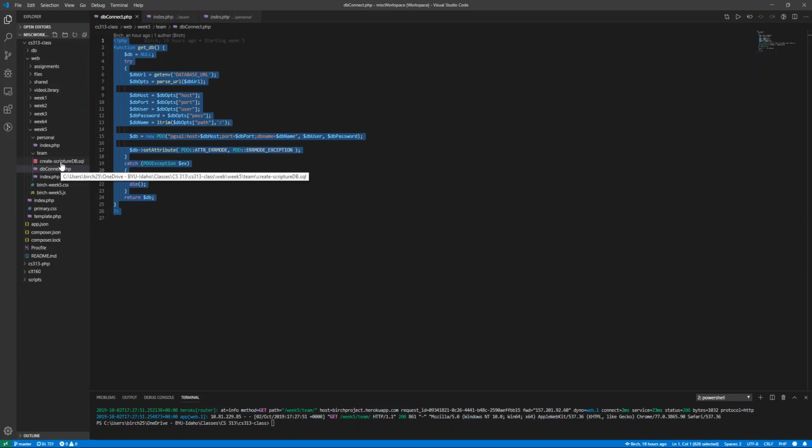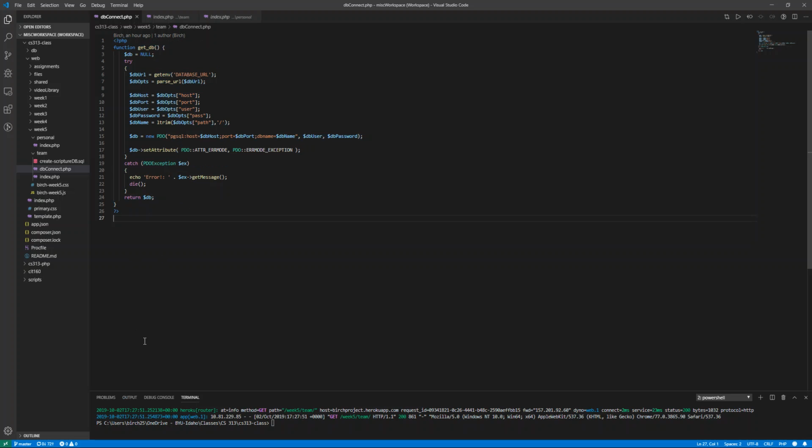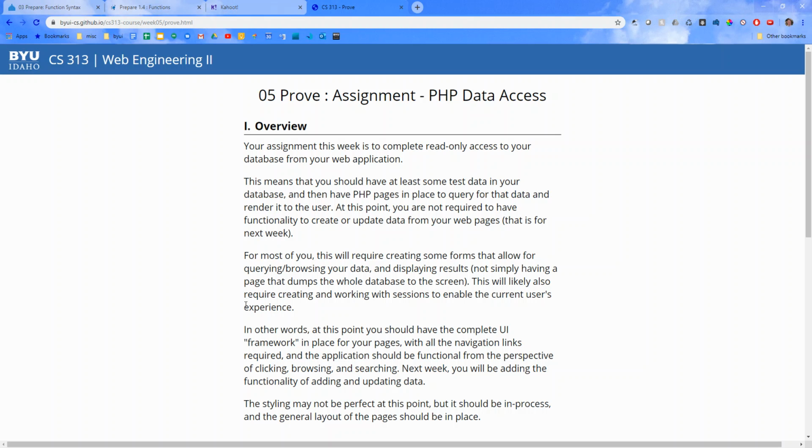I will need to have a script somewhere that I want to store my queries and things like that. And then I have to be sure that I have data in my database. Okay, so last week for week 4 it was suggested that you inserted some data. If you didn't, then you have to this week because you need data to be able to display on the